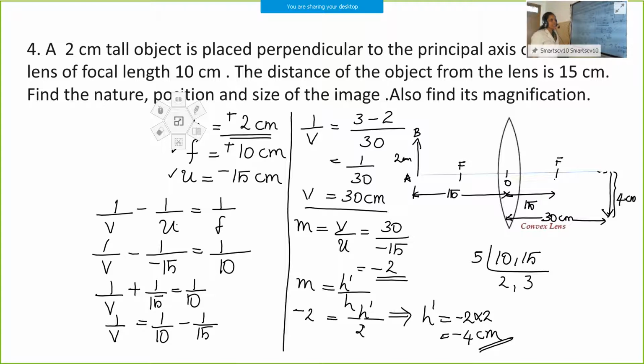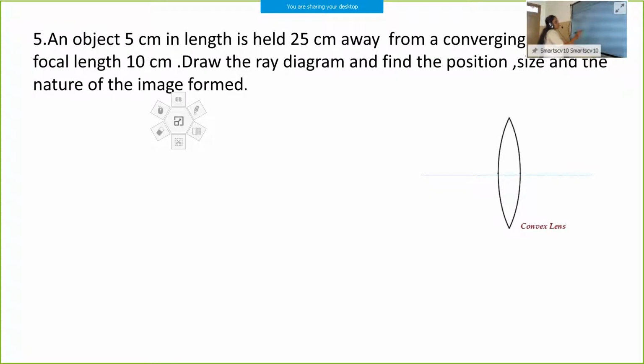Okay. So, in this question the ray diagram is not asked. But if you want, you can draw a rough ray diagram with every question. And in some questions, they will ask to draw the ray diagram. In that case, you have to draw it very neatly in your answer sheet or in your notebook. Okay. So, shall we move on to the next question? Hope you got this question. This was a homework question. So, next question.